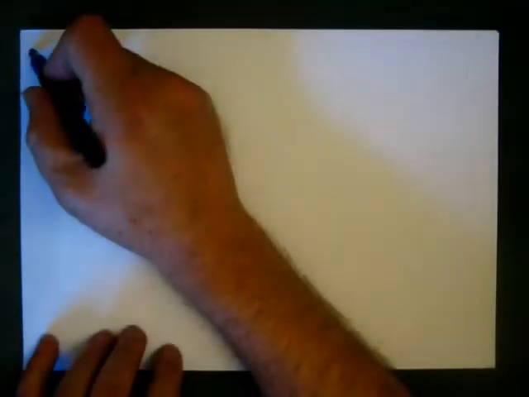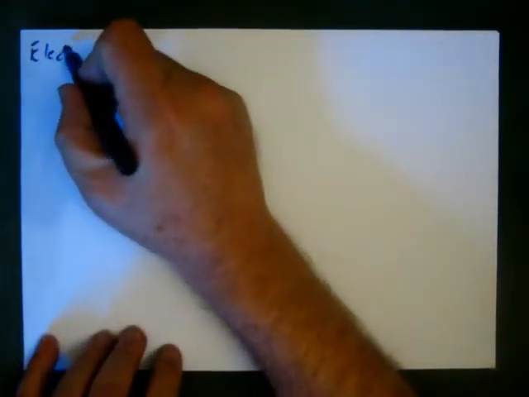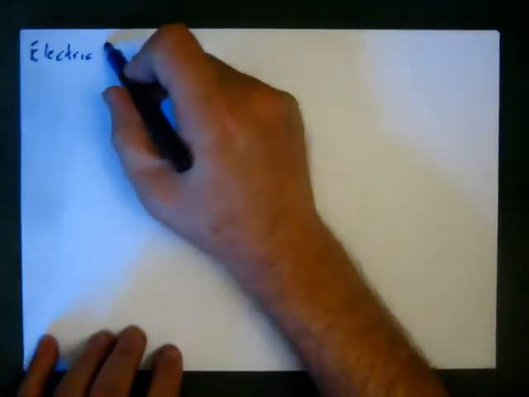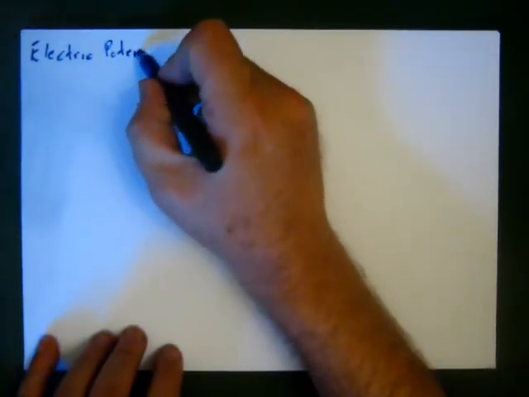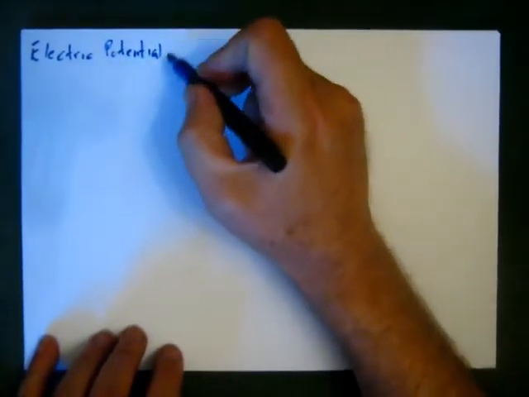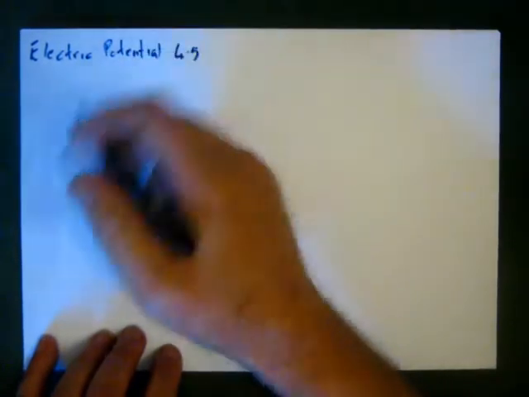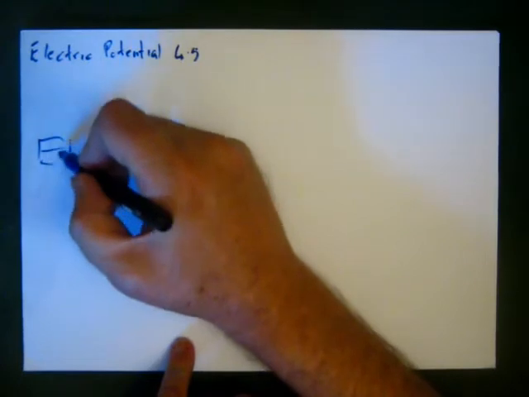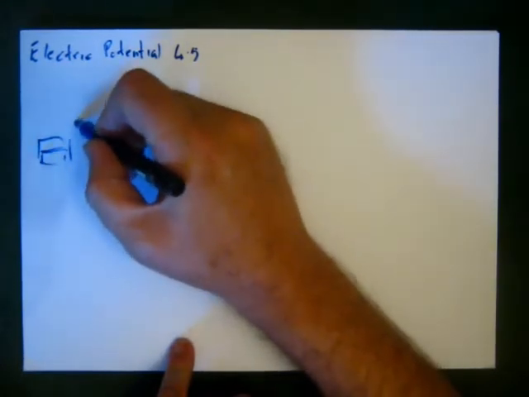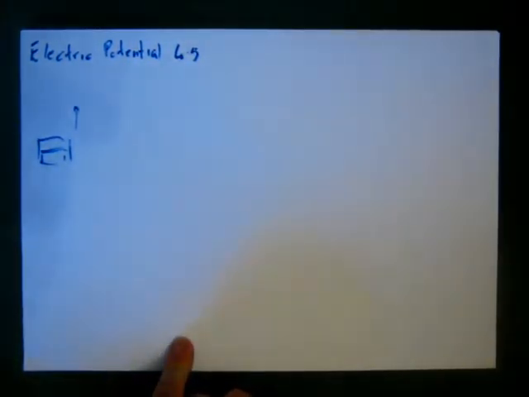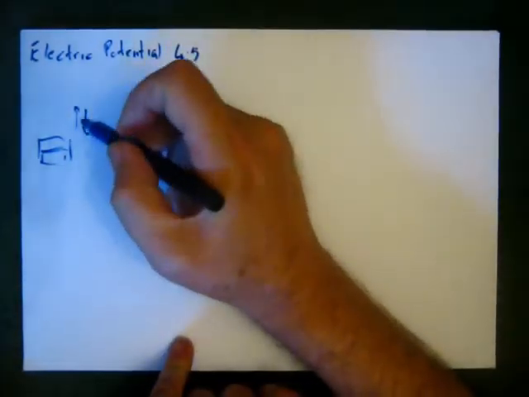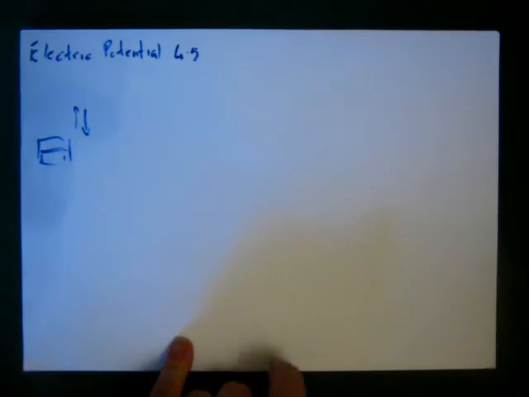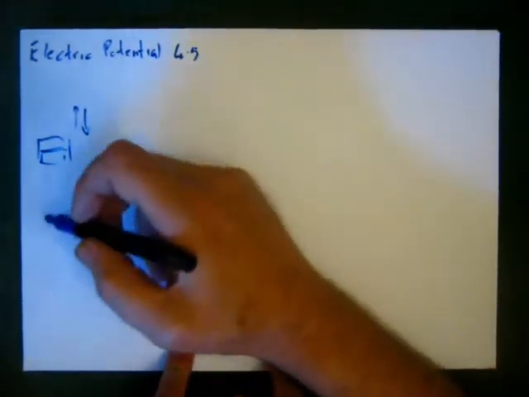So let's talk about electric potential. Now, electric potential is a type of potential energy. Just like, imagine, we were talking about mass before, if I have a piano and I lift it up, it gains gravitational potential energy. And then if I drop it, it loses gravitational potential energy. Same here, if I have an electron, if I have a plate,